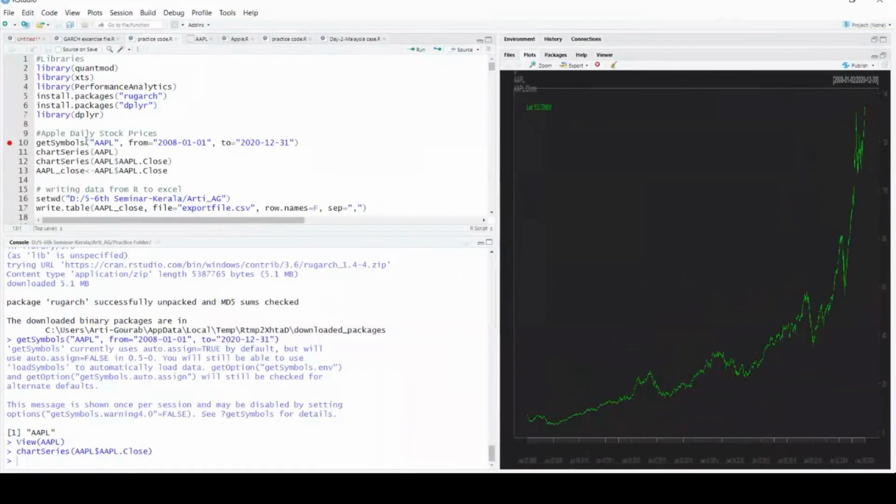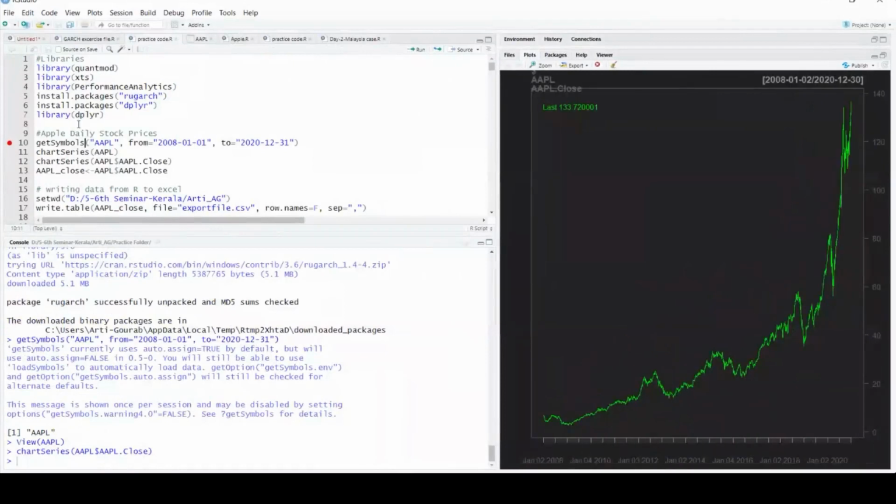Actually, it's the web, so it can be extracted from anywhere it is available. R itself extracts from Yahoo. You can see it is taking it from Yahoo Finance. Most of the time the data is available on Yahoo Finance, so it is available there.